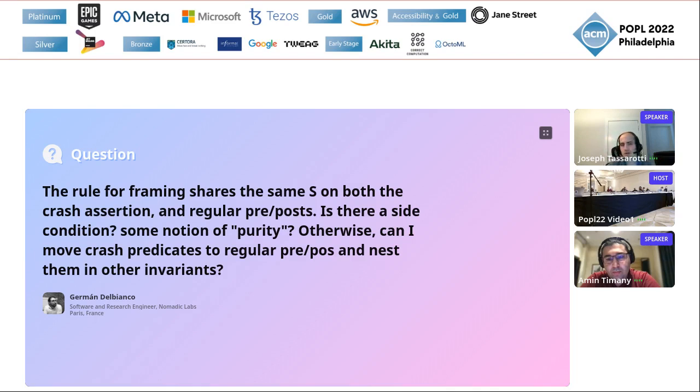Okay, so there's no side condition there. You can weaken S if you wanted to after the fact. So there's a weakening rule, sort of like the standard rule of consequence. Maybe what this is getting at is a common point of confusion in our terminology, which is that the crash condition is not what the state of the assertion will be after memory gets wiped. Sometimes TH likes to call these halt conditions. So it's what the state of the resources is right before the crash takes effect, when you get interrupted but you haven't really killed memory yet.